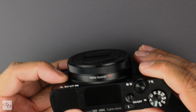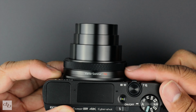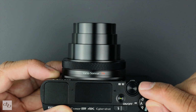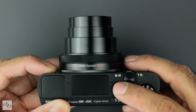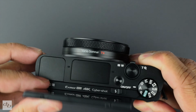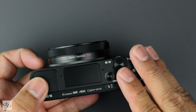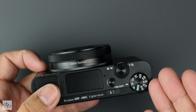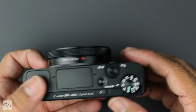Of course, this thing is spec'd to the death, and that zoom, 24 to 200, is very, very handy, but it's an f2.8 to 4.5, so there's that. You can see that on and off time is pretty decent there. Fully articulated screen. Really, compared to the previous models, there's not a lot of change, especially comparing to the 6. I'm not sure why you would buy the 6 to get the 7, but when we flip round to